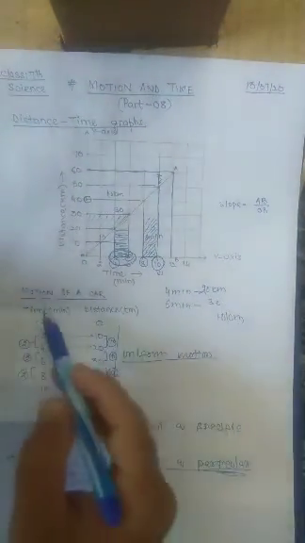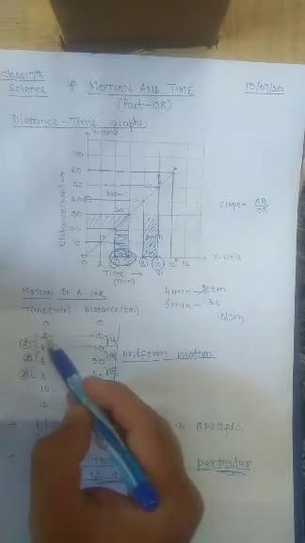Yesterday we were reading about distance time graphs, and in that I have shown you how a distance time graph is drawn. Say for example, I'm repeating it once again. Say for example, a table is given for the motion of a car, and the car is moving with such and such